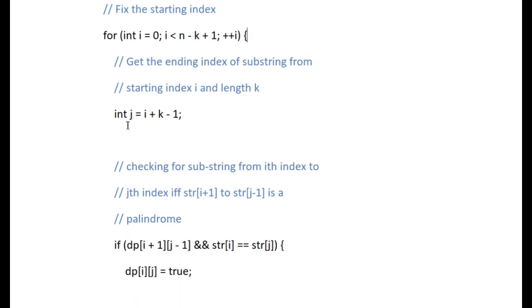So we'll calculate the j, the ending position, which is i plus k minus 1. How this is calculated, let's discuss for some clarity. Let's say we have n is equal to 5, and k is equal to 3. We have to find the substrings of length 3. And if we start from 0, that is i is equal to 0,